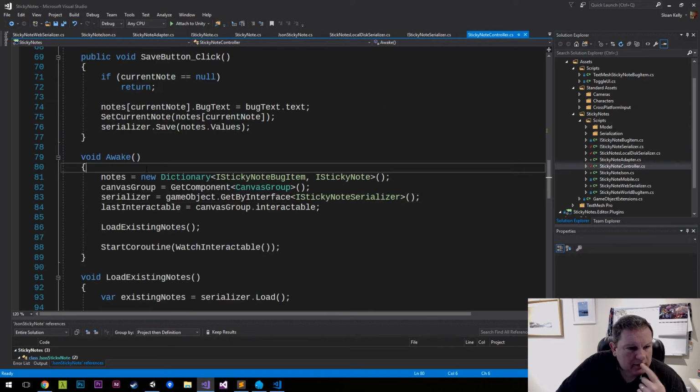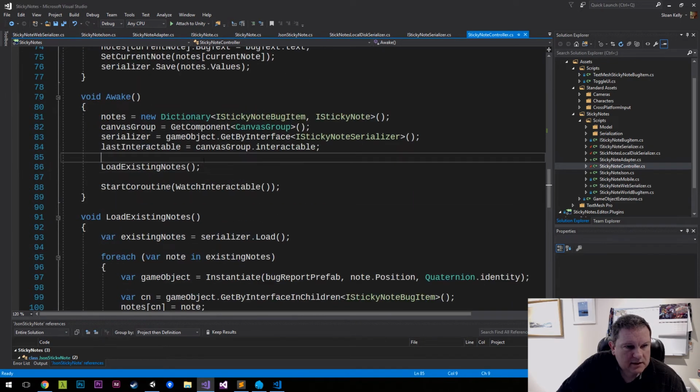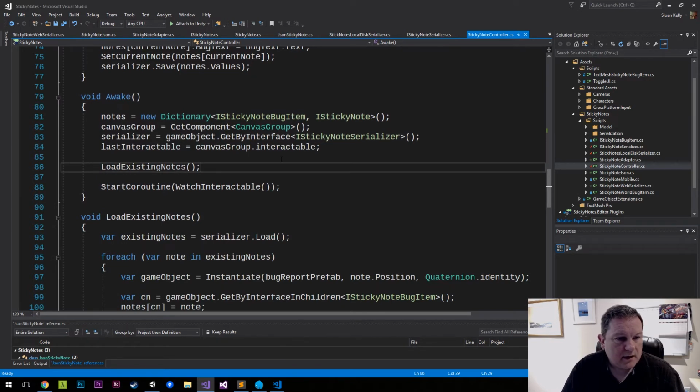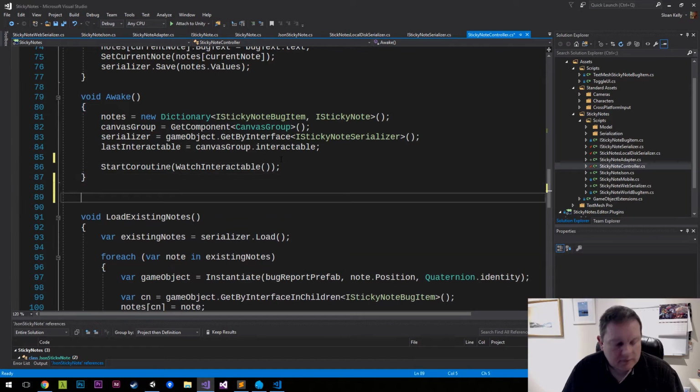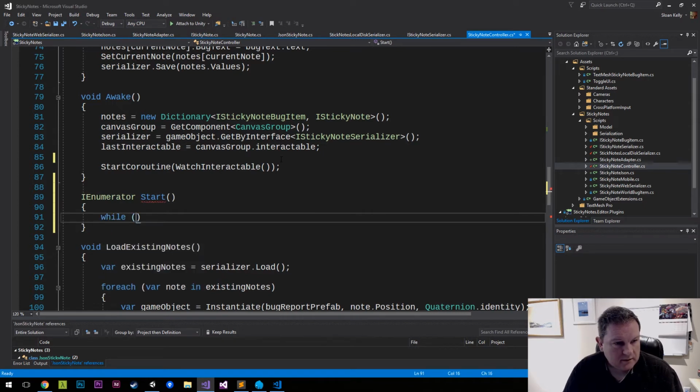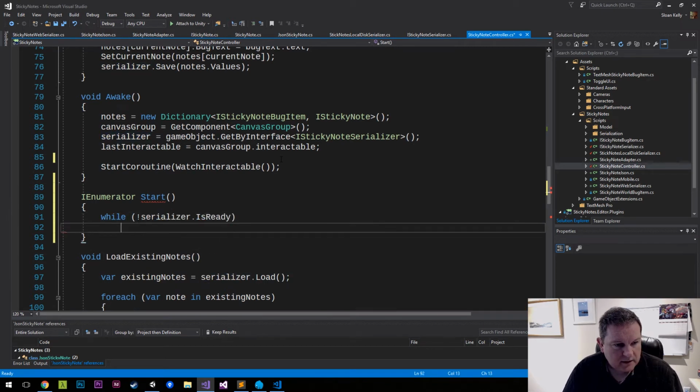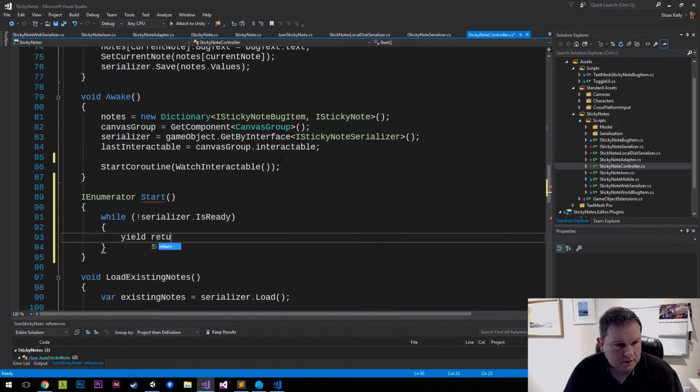Controller, we have an awake there, and then instead of load existing notes inside awake, we're going to do that inside our start routine. So we're going to do enumerator start, while serializer is ready. So while it's not ready, yield return null